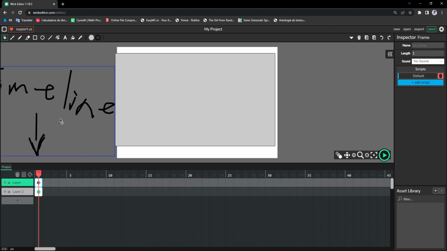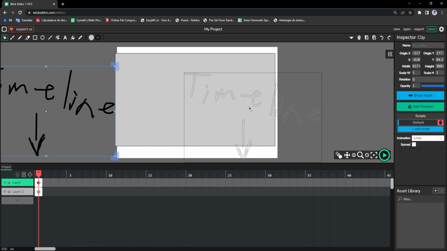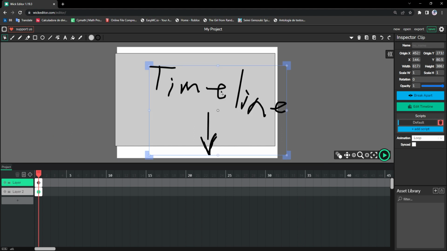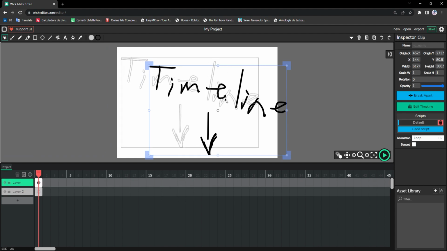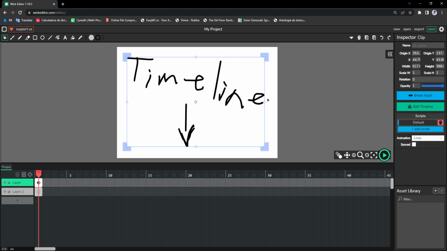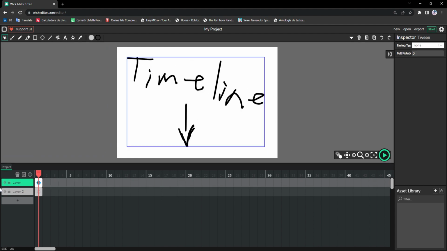And then moving forward, we're going to get into some more technical stuff, but these are also very important and useful parts of the frame. If you select your frame down here, I'm going to remove the tween. If you select your frame, you will see this up here. You can put a name, the length of your clip here, so that you have a quick